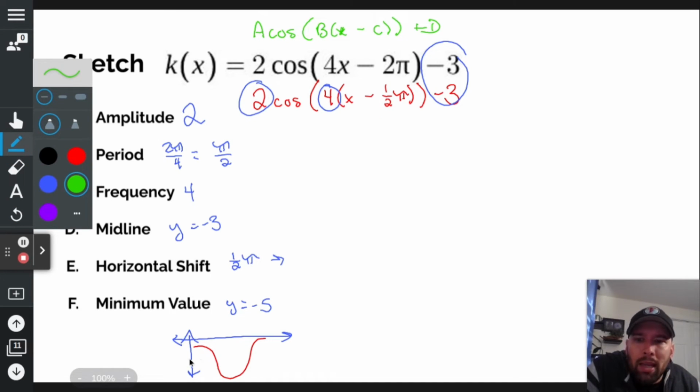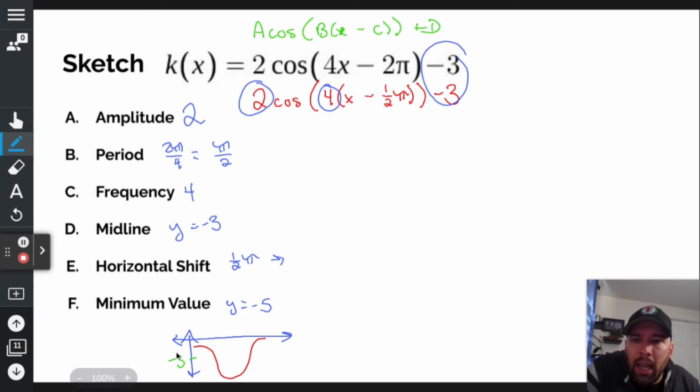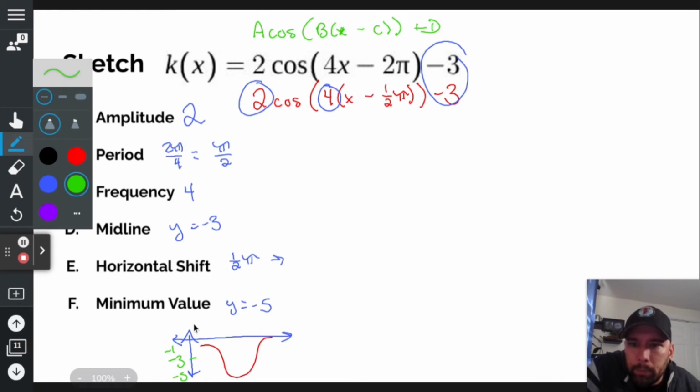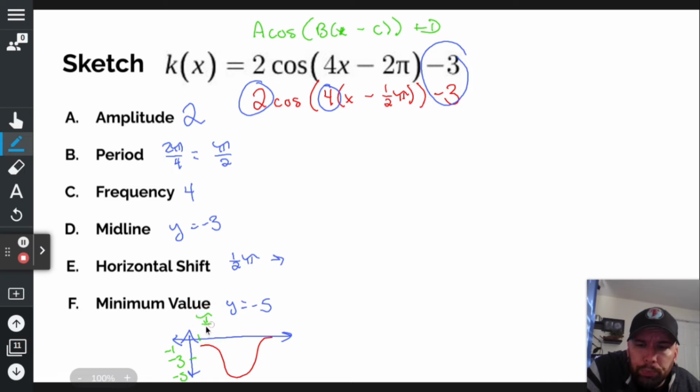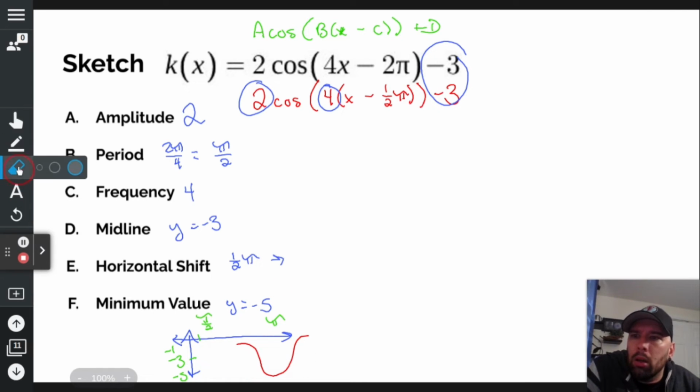If my midline is -3 and my amplitude is 2, that means I peak out at -1 and bottom out at -4. I shift half of a pi, so I move right half of a pi, so pi over 2. My period is also pi over 2, which means every pi over 2, it repeats the process. So at pi, it's going to repeat. So if I scooch this over a little bit more and clean this up a little bit,